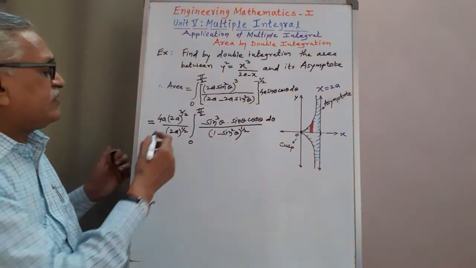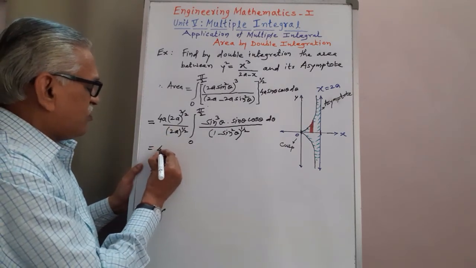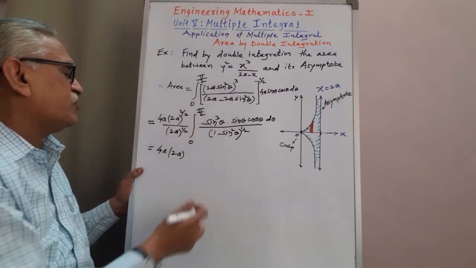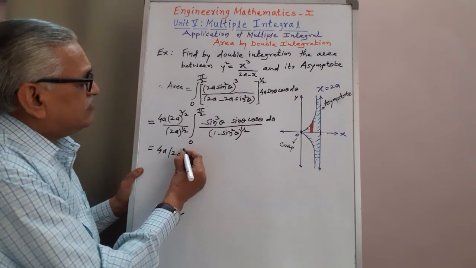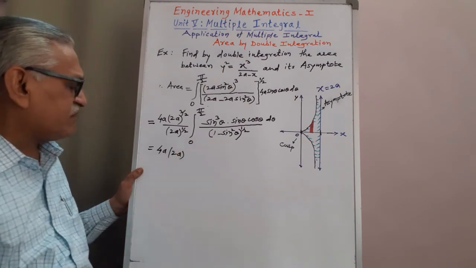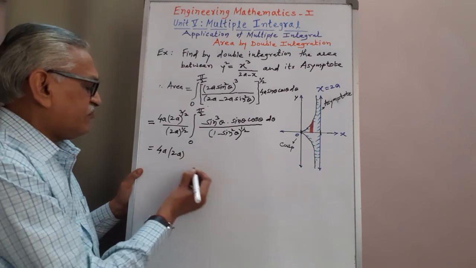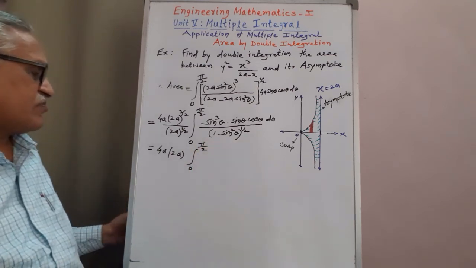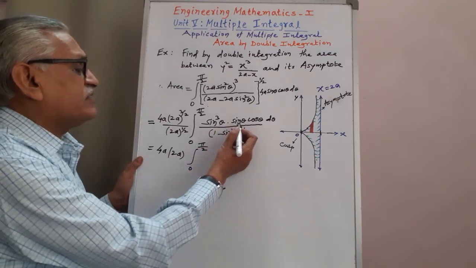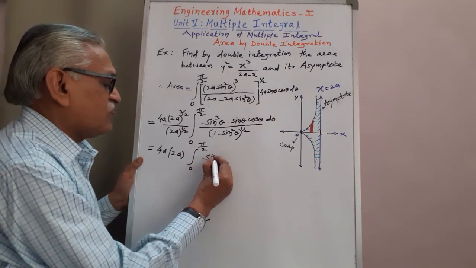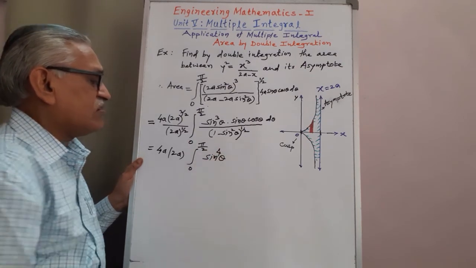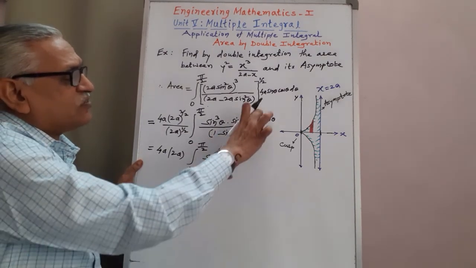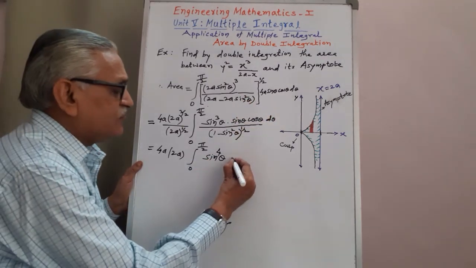If we simplify it, this is 4a, 2a raised to 3 by 2 minus 1 by 2, which is 2 by 2 meaning 1, therefore it is 2a raised to 1, integral from 0 to pi by 2, sin theta raised to 4. 1 minus sin square is cos square and its square root is cos. That cos and that cos get cancelled. Therefore,